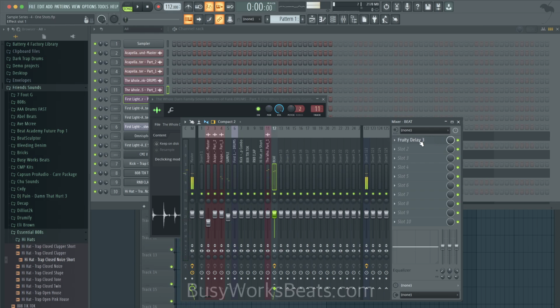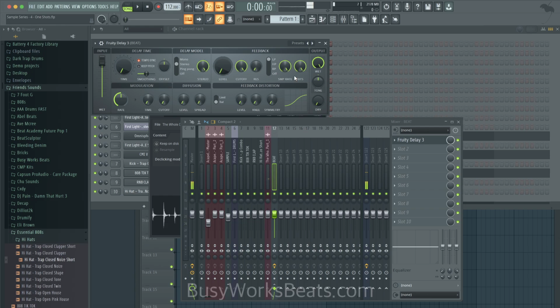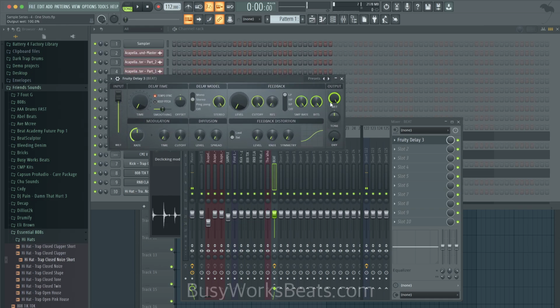as a whole. And the first thing is Fruity Delay 3. A lot of people sleep on this plugin for lo-fi effects. So you can turn the wet level all the way up, dry level all the way down. You can turn the feedback all the way down and delay time all the way down. So it's transparent. It might have something doing to the audio, but it's transparent for the most part. It's not acting as a delay.